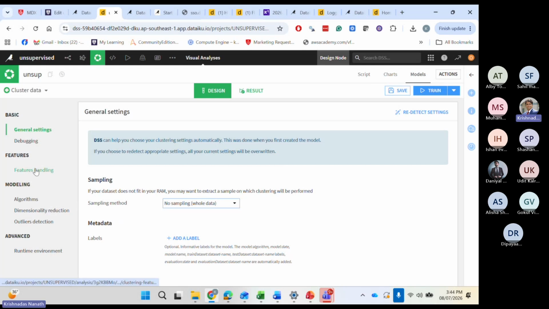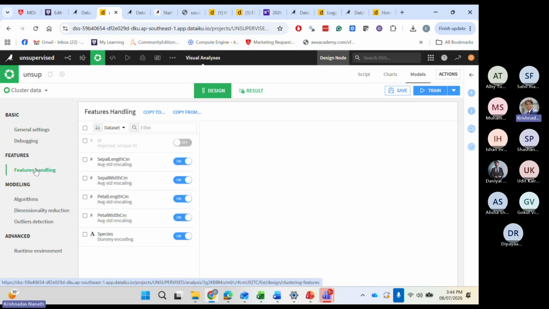Let's go to features handling. Now you see ID is switched off by default. It doesn't make sense to put ID into clustering. But there is one more thing which we'll switch off, which is the